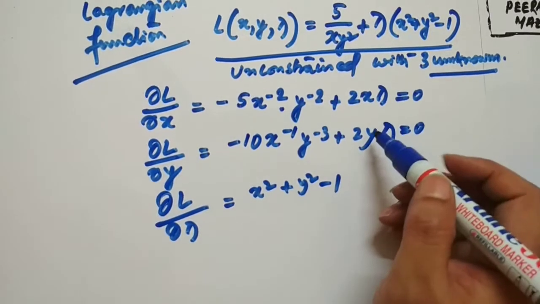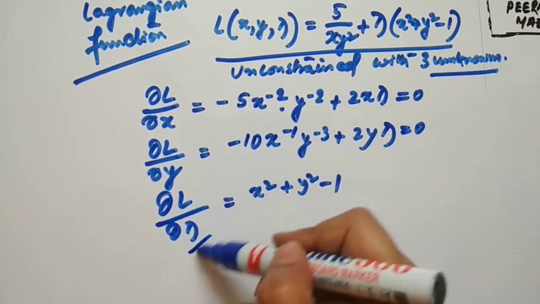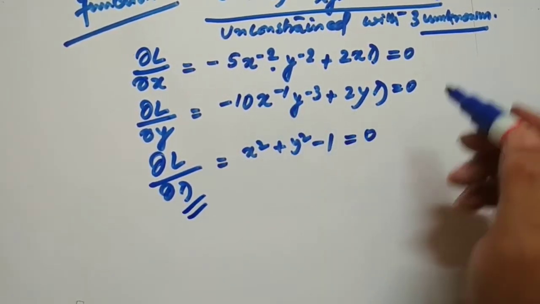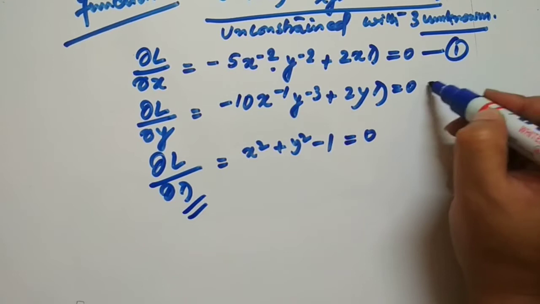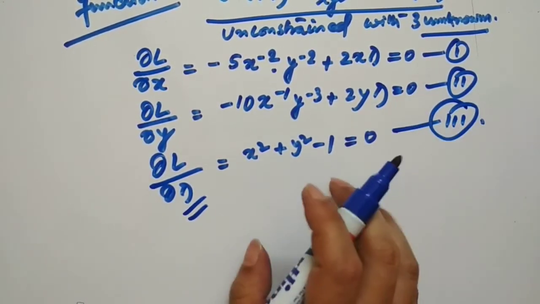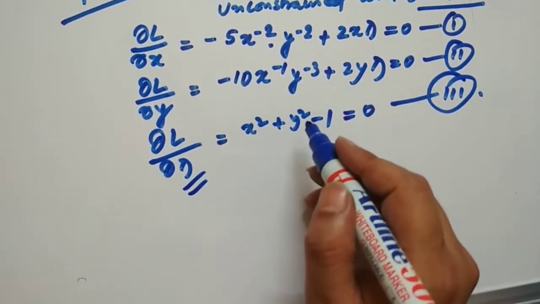Okay, this one will be 0 and this one will be x square plus y square minus 1, as it is with respect to lambda. Okay, now this is also equal to 0. So this is our first equation, this is our second equation, and this is our third equation, you can say. Okay, now combining these three equations, you can have